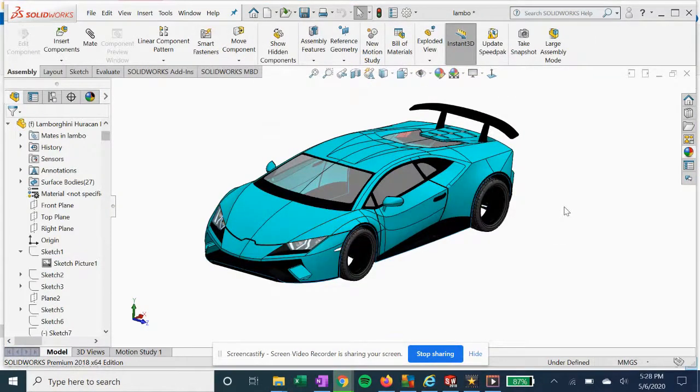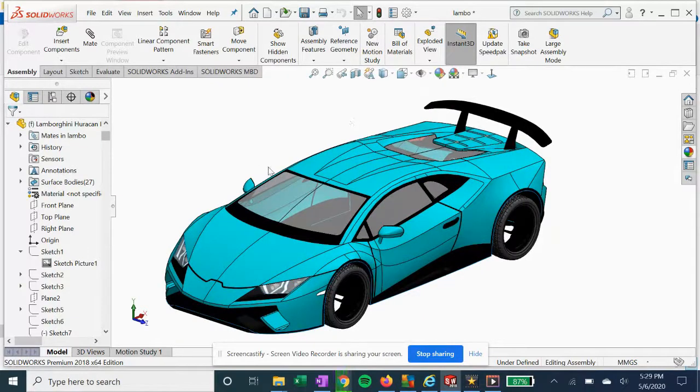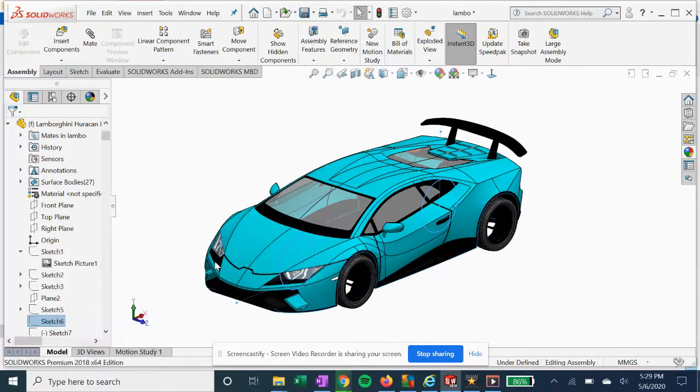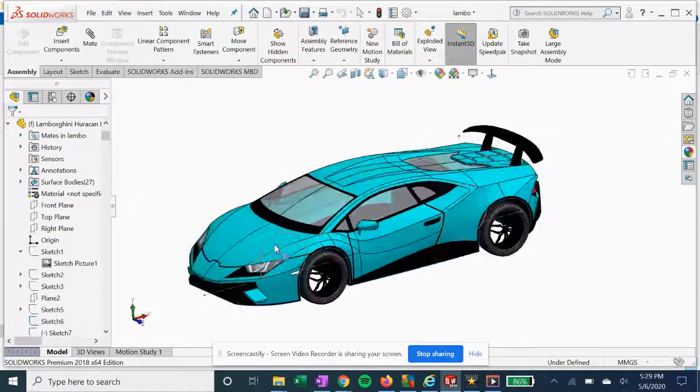Alright, boys and girls, let's wrap this series up on the Lamborghini. We're finally ready to do the final assembly. Let's just go over it real quick. So first thing that we want to do is turn on our sketch 6 from the Lamborghini body that marked where our wheel locations are. You can see these outline sketches here on the center plane,